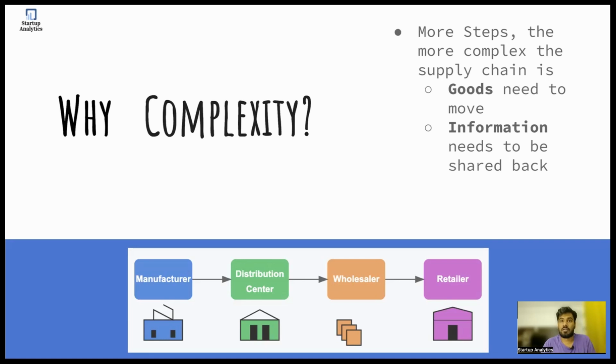Second, the feedback cycles are longer. Unlike a pure digital business where, let's say, there's sudden growth in traffic, you can scale up your cloud and all. This is something that's not possible with the supply chain. And also different geographies might have different challenges. Infrastructure might not be good enough, or it's very difficult to adjust or increase capacity in the supply chain, which makes it far more complex to run.